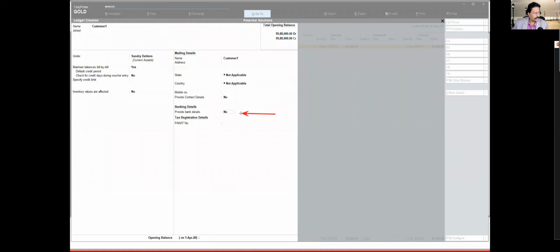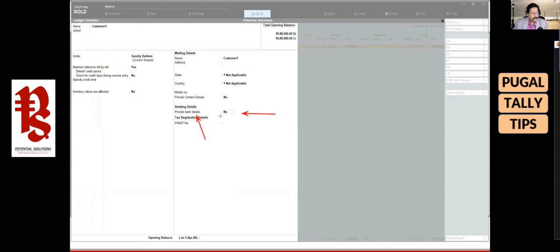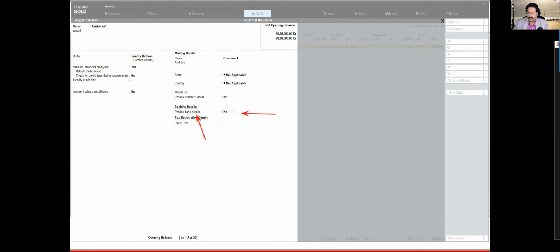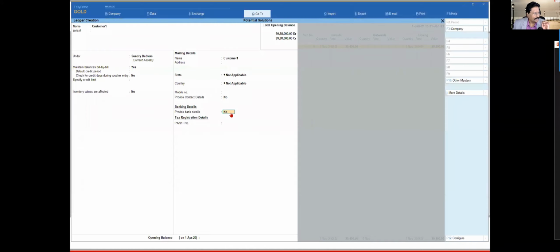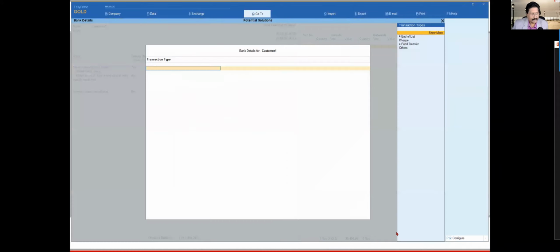So this is the new option that you get. Okay, so provide bank detail. This is the option that you're going to get here. And so let's see, once you enable this, let us see what information it allows you to capture. So this again is related to your banking module. I'll come to that. Let's come here. Okay, so I'm going to say provide bank detail, right?